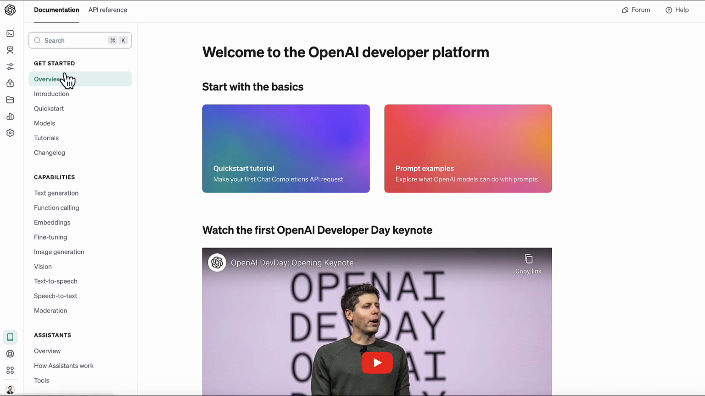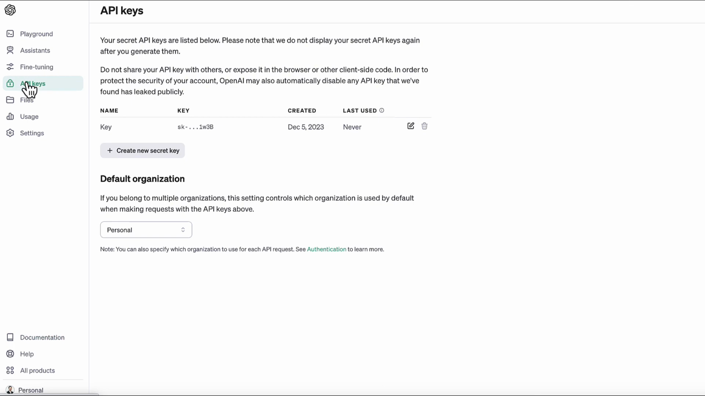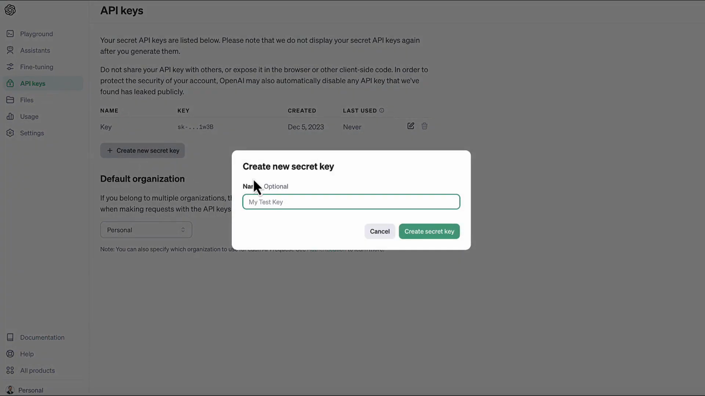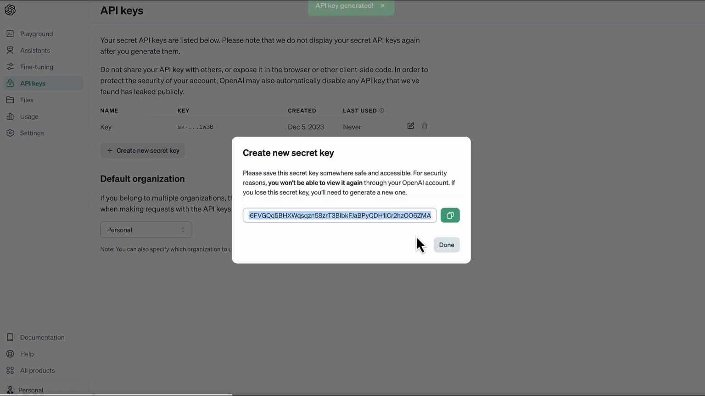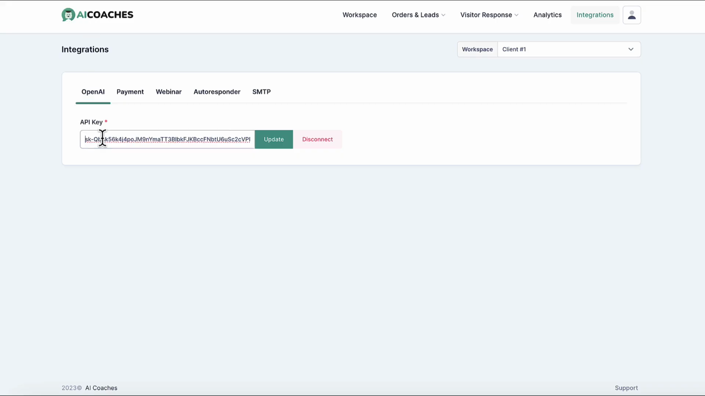All right, and then what we want to do here is go to API keys, and you want to go ahead and create new secret key, give it a name here, and then create the key. Then we're going to copy this address here, and paste it into whatever client we're working with. For example, lead generation bots, we'll want to give it this specific key,